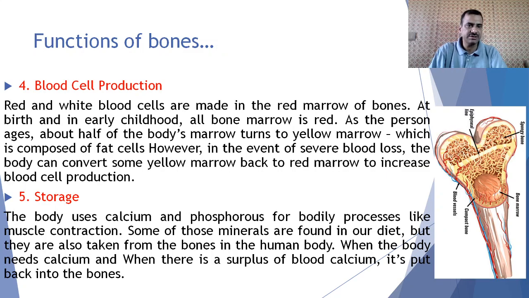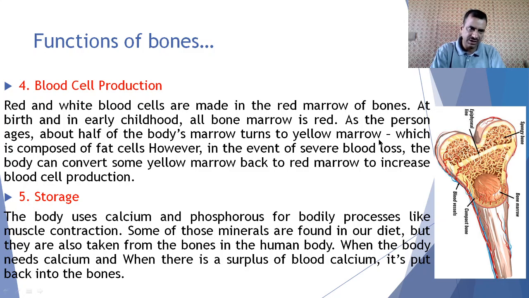Next important function is blood cell production. RBC especially. Red and white blood cells are made in the red marrow, also known as bone marrow. Bone marrow is of two types, red marrow and yellow marrow. Red marrow is specially responsible for production of these cells. You can see here, this is bone marrow. Normally bone marrow is found inside the bones, in long bones and in flat bones. So this is important for the blood cell